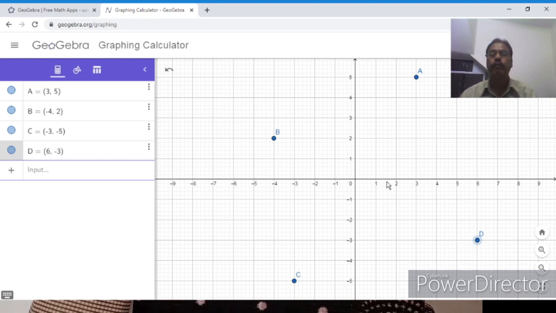So in this way, if we are unable to memorize these things, plus plus is the first quadrant, minus plus is the second quadrant, so it is very easy to plot the points and see in which quadrant the following points lie. Understand? So in this way we have learned finding the location of a point, what its coordinates are, how we locate the given points on the Cartesian plane, and we can also find out in which quadrant or on which axis the following points lie.